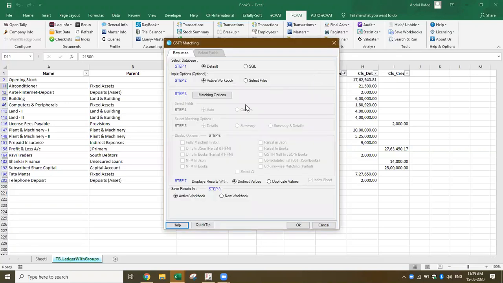Now you see here, using this I can open the data directly from Tally. It will extract the data from Tally. You can also give the JSON file. It extracts from JSON and you can do various types of matching. For example, what are the transactions which are fully matched? What is available only in JSON? What is available in books? What is not available in JSON? Like that, you can do various types of analysis at one shot.